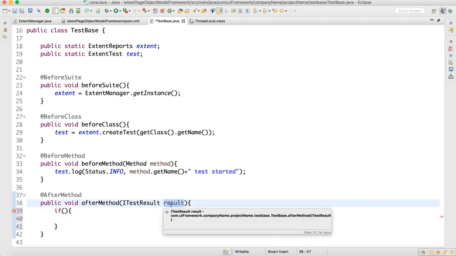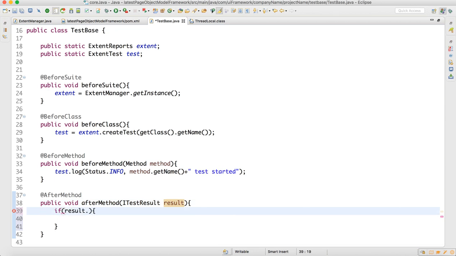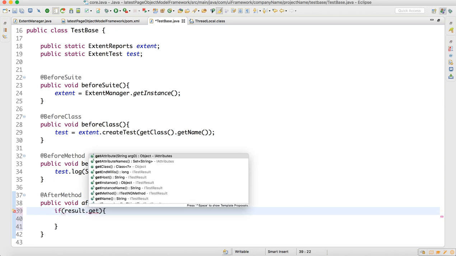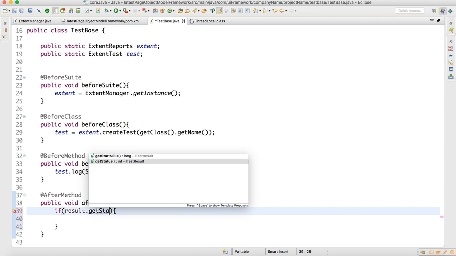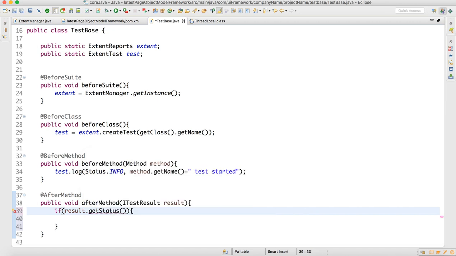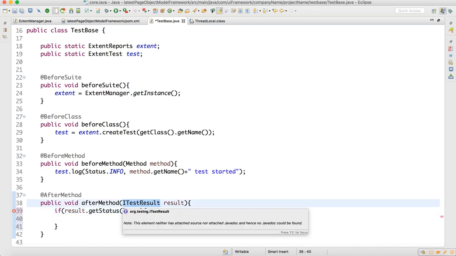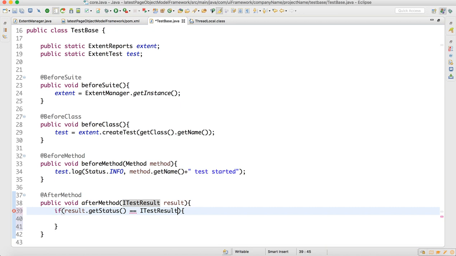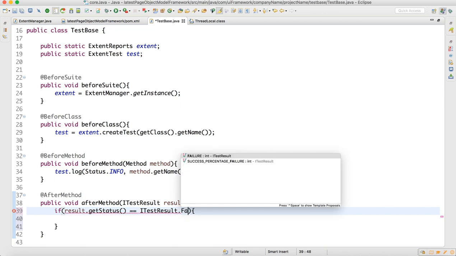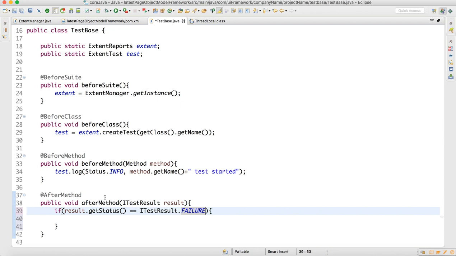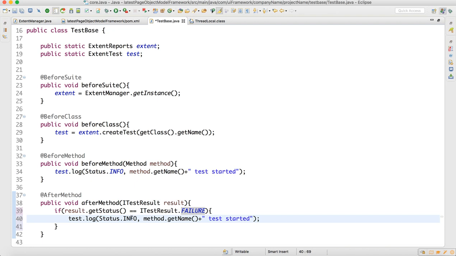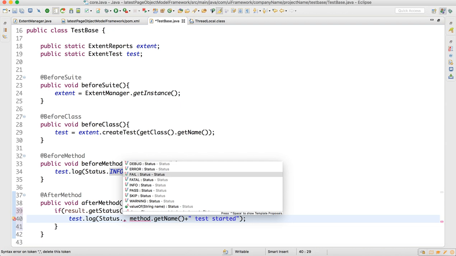If result dot get status, so go for the second one which will give you the int, integer, right? So get status, if this is equal to ITestResult dot, let's say failure first. This also will give you the integer. If it is a failure, we can log this saying status dot fail,